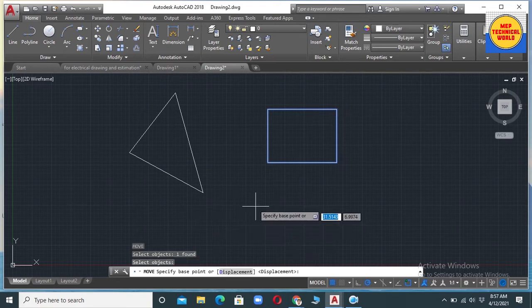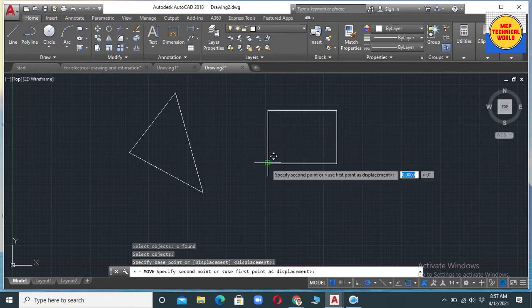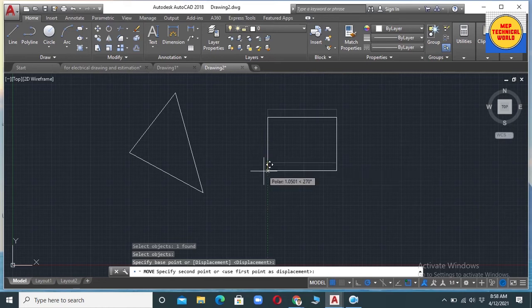Again you will see the statement like specify the base point. I am going to specify the base point at the corner of this side by clicking on it.